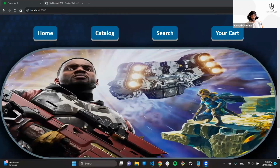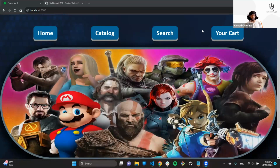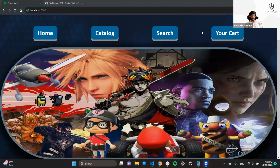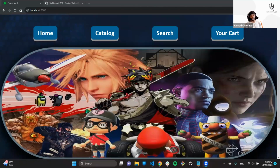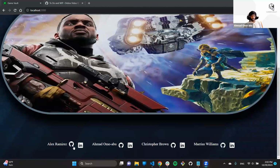Okay, so this is our homepage. The homepage is designed to provide a warm welcome for users, featuring a captivating slideshow of news and feature games, along with a user-friendly navigation bar. When you visit our homepage, you are greeted with a dynamic slideshow that will showcase the top-rated and up-to-date content from the gaming community. At the bottom, if you scroll down to the bottom of the page, you'll discover there's